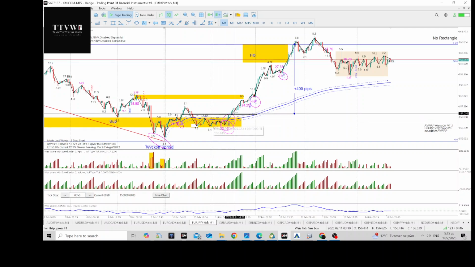Let's assume that we entered either on this point or on this point. It's the same point. Okay, so that's 400 pips, exactly what I said here, but it went a little bit further. So it went up to